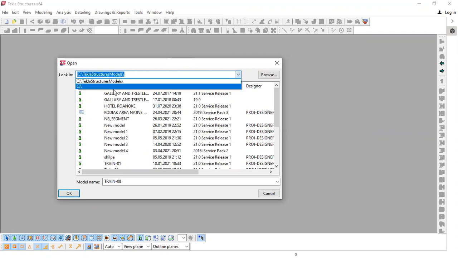And below you will have the different paths which you have used earlier. Whatever path you are referring to will be listed down here. And this is the current path which you opened when you accessed Tekla Structures before you logged out. So this is a recent one which you have used. So the recent path will always be there.